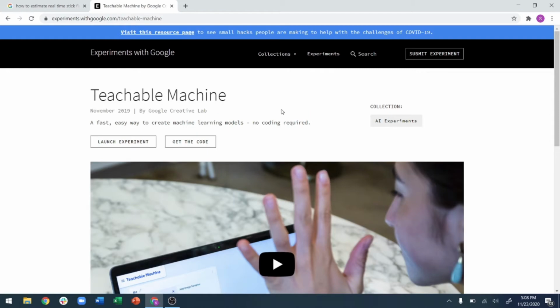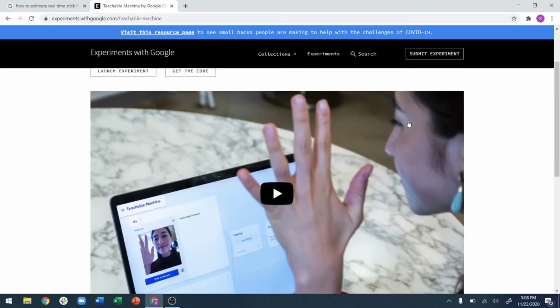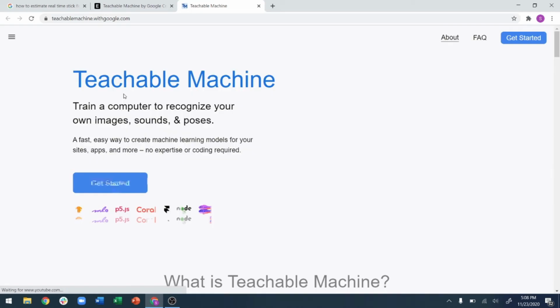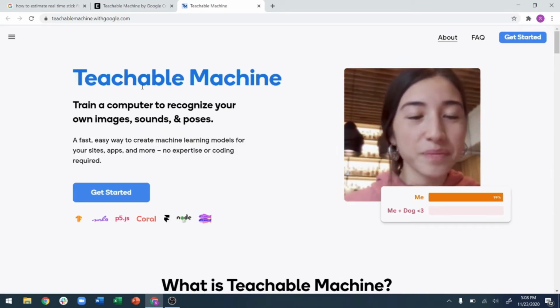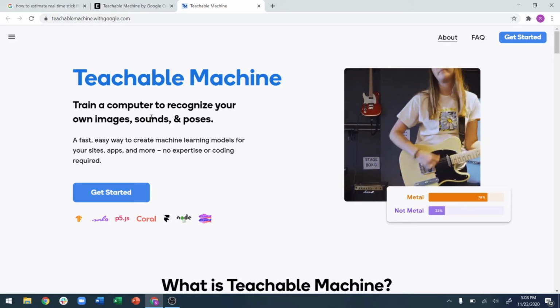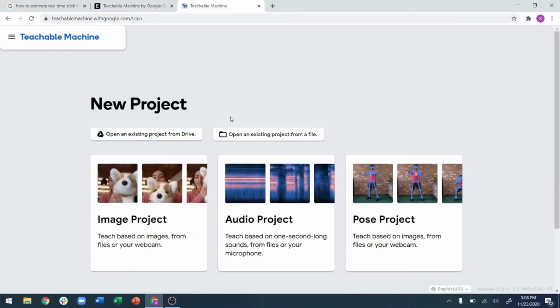So this is the first experiment, which is called Teachable Machine, and again I will be sending the link for this down below. You'll find the details about getting the code, and if you launch the experiment, all of the details and the documentation of the people who created it is in the website itself. So please go ahead and try it out. What I wanted to show you is what this system can actually do. So the Teachable Machine,